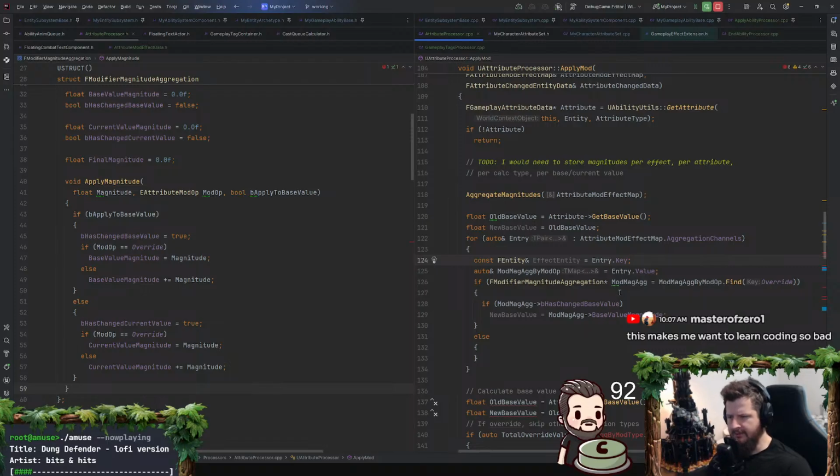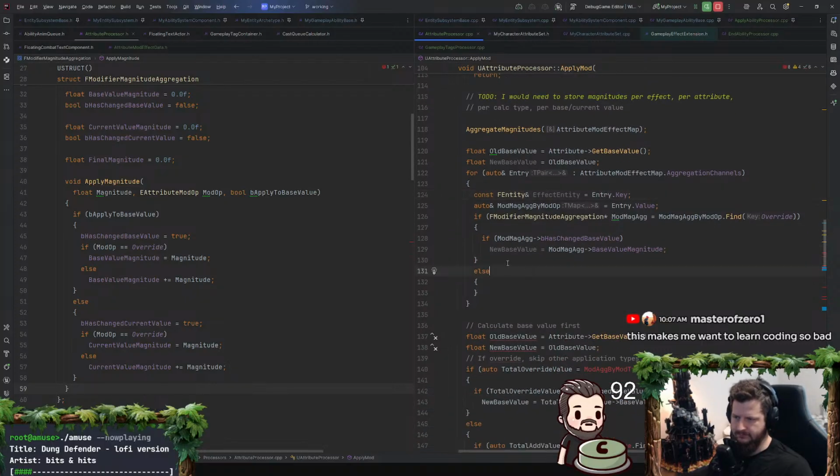Makes me want to learn coding so bad. Do it. What's stopping you? And don't tell me you don't know where to start. You know where to find that answer. My hair is sticking up like a little alfalfa sprout back there. No one ever told me that. God, guys.